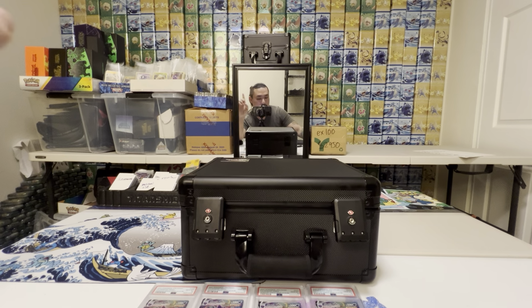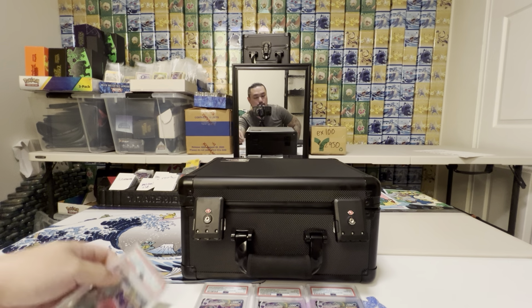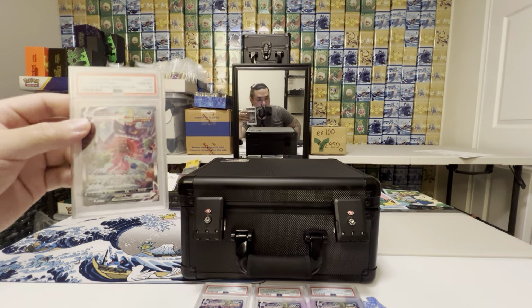So you're guaranteed one, which means this big box that all these Japanese stores and stuff got, what are you going to do with it? Are you going to keep that box sealed forever? Probably not, because you know there's one Gengar in there that's an Alt Art, and you know that's where all the money is. Also, you know that you should unload the rest of the pre-constructed decks in there because they have value in the current day from 3 years ago. Why would you hold on to it when Sword and Shield goes out of rotation